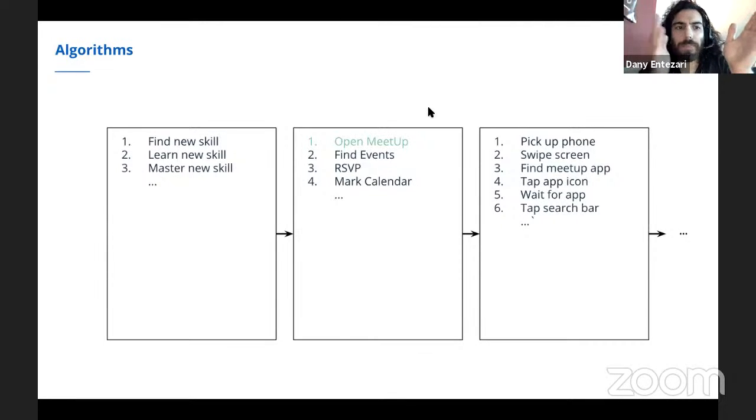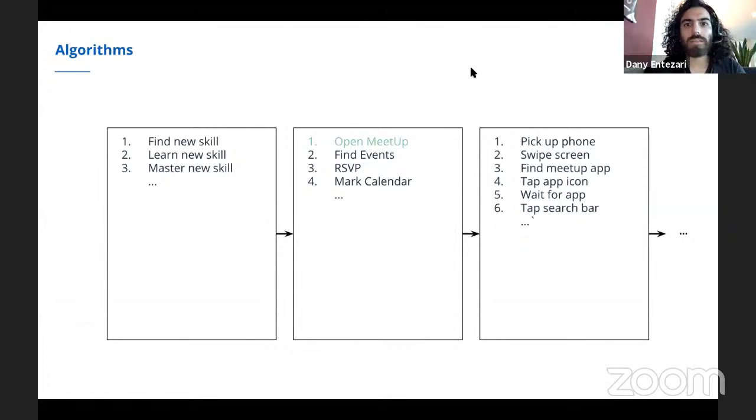Let's say what we see on the left is your goal, the algorithm of your goal to upskill yourself. If you take the first step, which is find a new skill, that particular step itself can be broken down into smaller steps. Let's say finding a new skill, the process of finding something to become skilled at, could